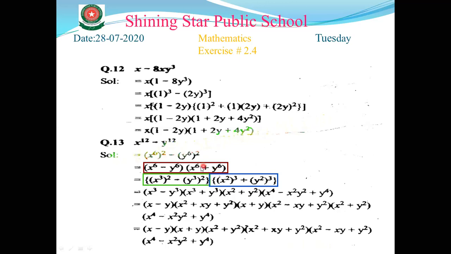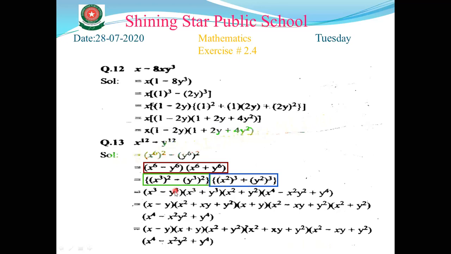That's why we change this bracket into x square whole cube plus y square whole cube, because when we change this bracket into this pattern, we have the formula a cube plus b cube. Now a cube plus b cube is equal to (a plus b)(a square minus ab plus b square). We have the formula, so that's why we change this bracket into this pattern. I hope you understand why we change this bracket this way and this bracket in this method. That is the reason.